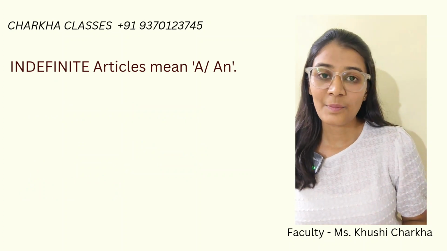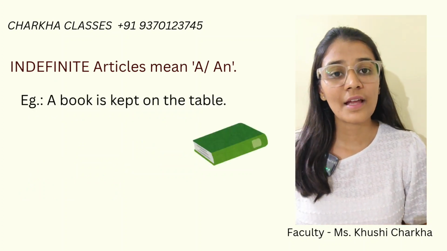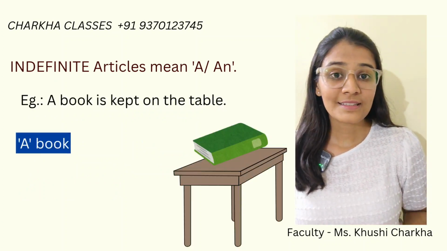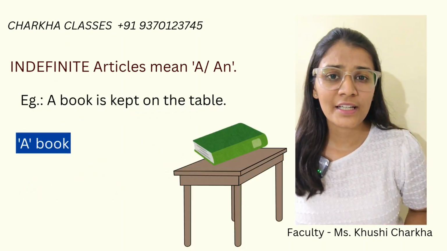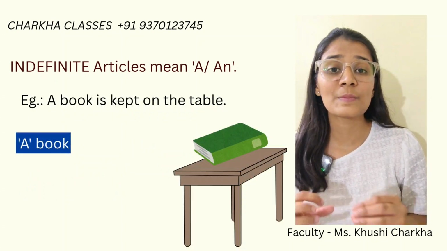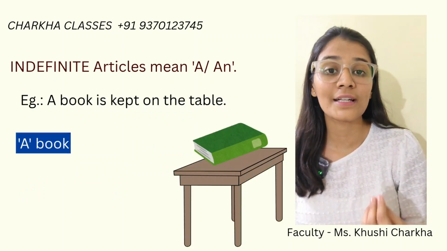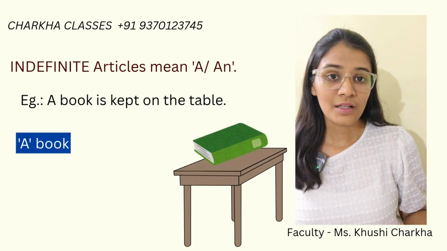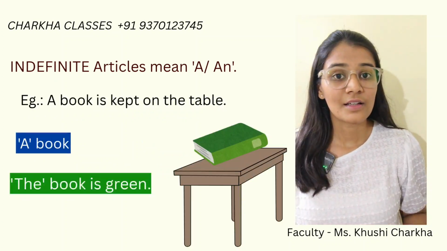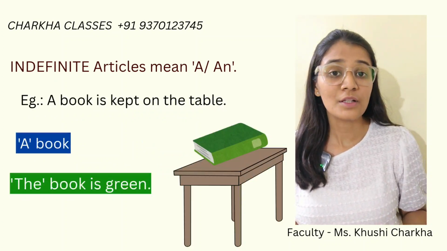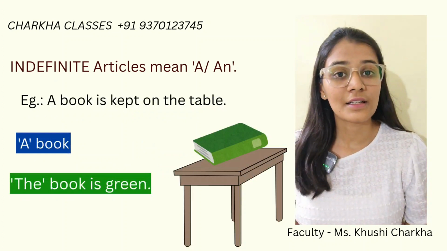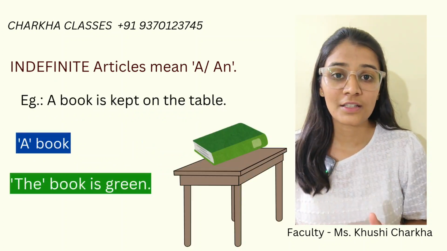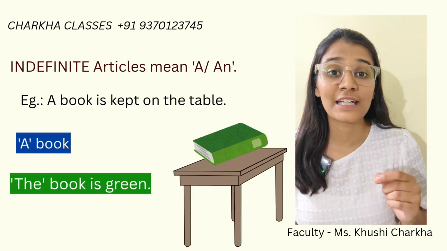So, let's take an example. A book is kept on the table. So what does that signify? I have given no details about the book. I have given no specifications, or I have not described the book. But when I say a book is on the table, the book is green, I am giving more details or more specifications about a certain noun, and at that time I use the definite